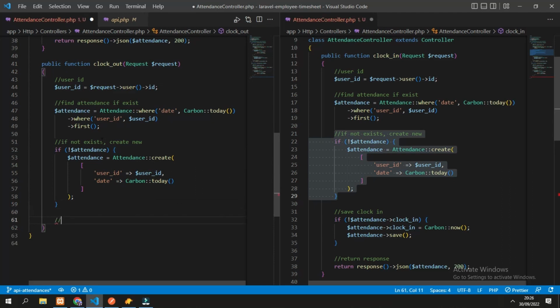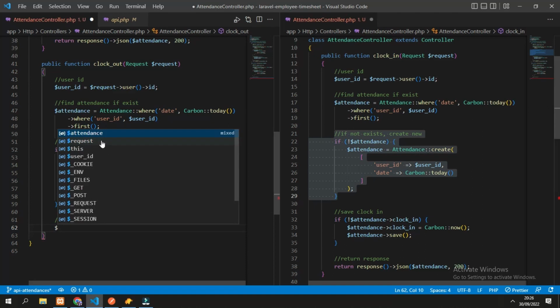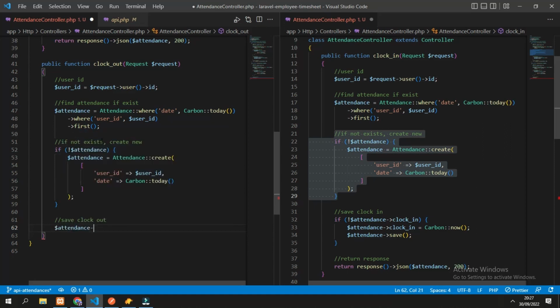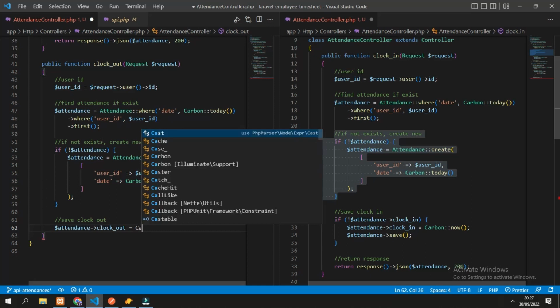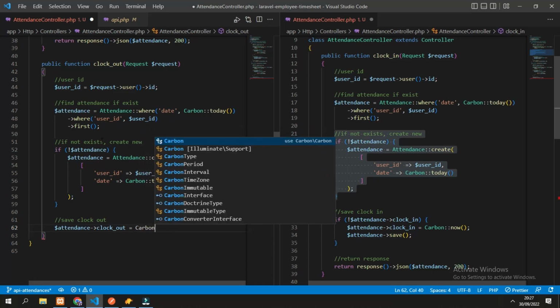And here is the difference for clock out. In the clock in, we check if the attendance has clock in data. If it has, we are not updating the data. But for the clock out, it will update with the latest clock out data. So it would be clock out is equal to now time.